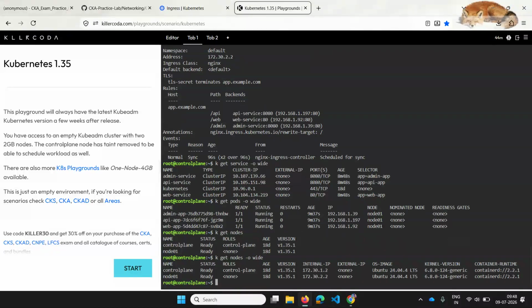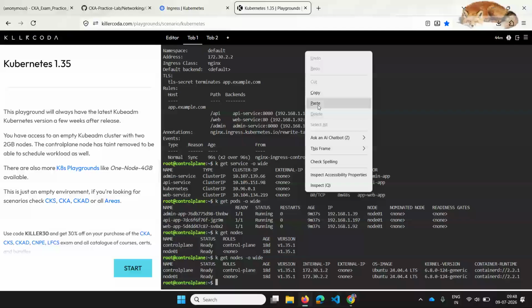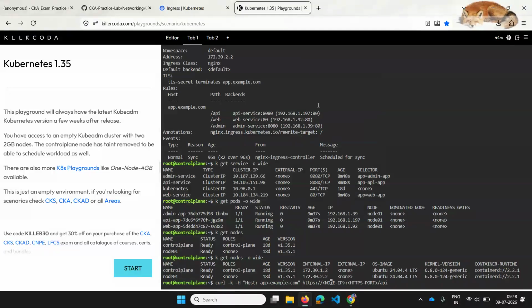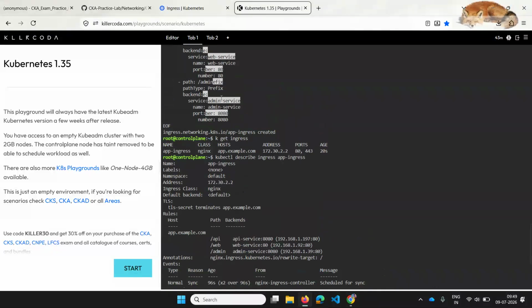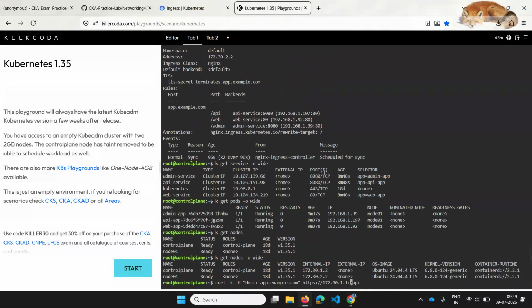Then again, using this particular host, I'll use a node IP, which is 172.30.1.2, and I'm going to use a port from the ingress. When I did k get ingress, there are ports like 80 and 443. Let me try with 80.